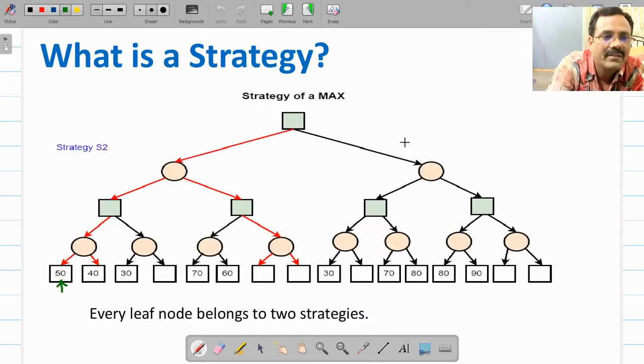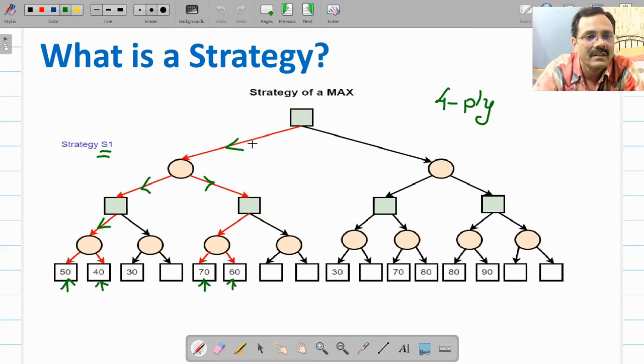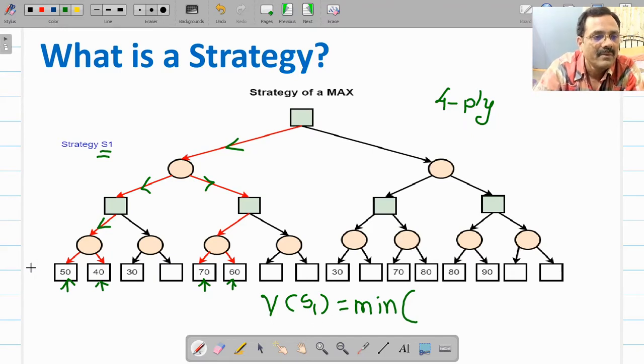If you go back, for example, consider this strategy S1. The value of this strategy S1 is equal to the minimum of the values of all the leaves. So the leaves' values are 50, 40, 70 and 60.